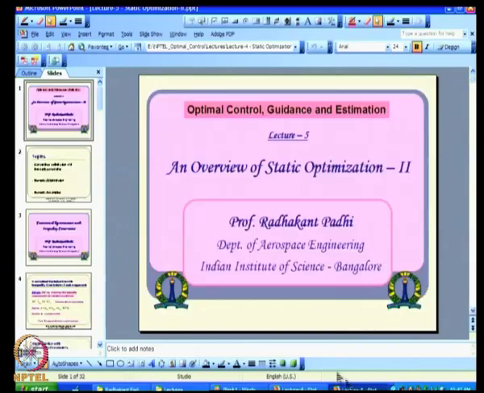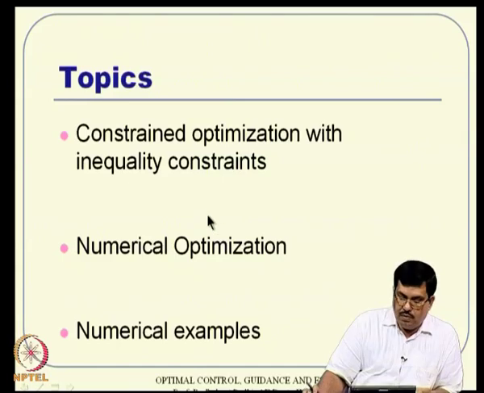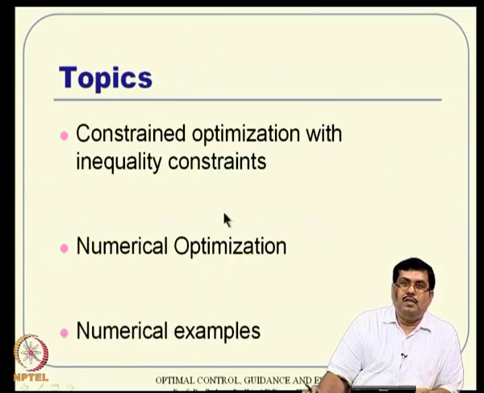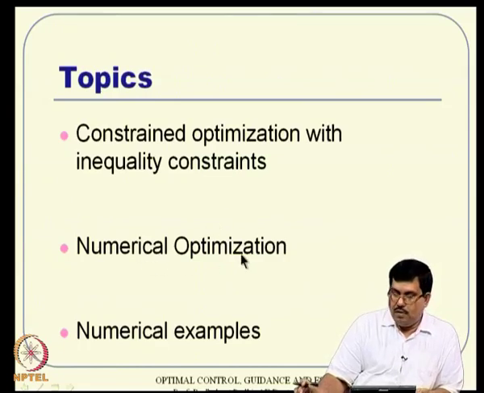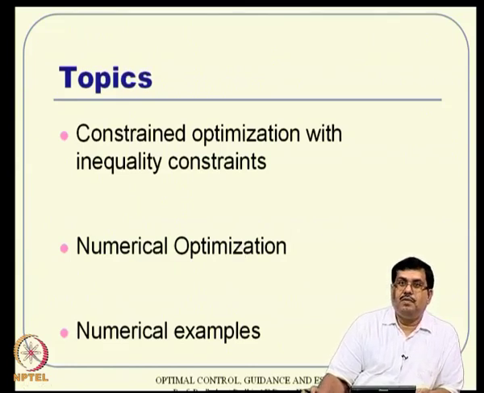Now, coming to this particular lecture, we will talk about constrained optimization with mainly inequality constraints, and before moving on, we will also have a small glimpse of numerical optimization techniques, especially the steepest descent method and Newton search, line search, like that. Those are the backbone of any optimization technique, including dynamic optimization, that means the optimal control area.